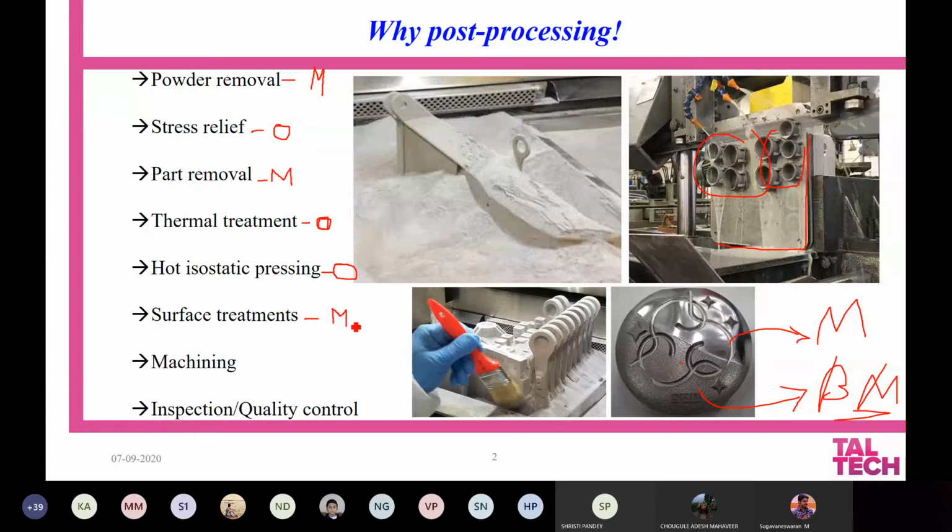So the surface treatment can be done by various means. We will see that further. Machining is going to be a highly optional process, and inspection and quality control is going to be mandatory because you should be very clear and sure about the quality of the product, and otherwise you cannot use it in a real-time application.